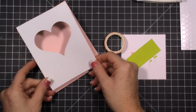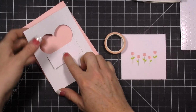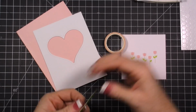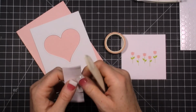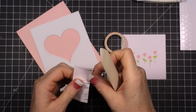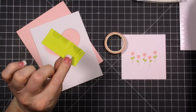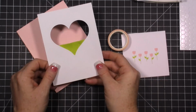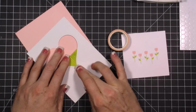So then on the ends, we're going to flip this over here, and we're going to use this little grass area, and we're going to put that right here on the bottom. But what you're going to want to do is take your bone folder, and I separate them, and then with my nail, or you could with your bone folder, I separate the pieces, and this is going to give this a little bit of dimension when we put it on here. It looks like this. So then we'll just take our tape runner. We're going to put that right on there. I have a little bit right on the end there. I wasn't far enough down with my